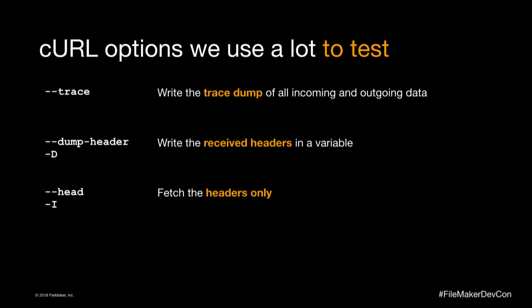in your application. So trace dumps the whole trace stack of that communication into a variable or a field. That means that you will see everything that FileMaker tried to do via curl and everything that the web service sent back, from the handshake to the data to the response. One thing to keep in mind is that there will be everything, which means that if you pass some body where there are, for instance, documents in base64 in there, your trace will be big, because the base64 will be